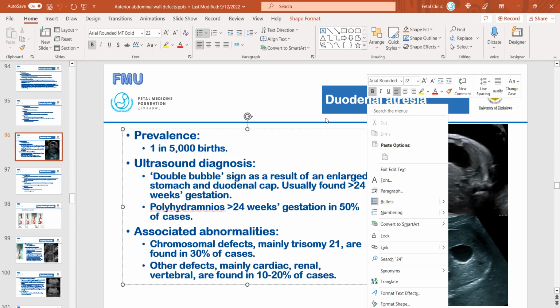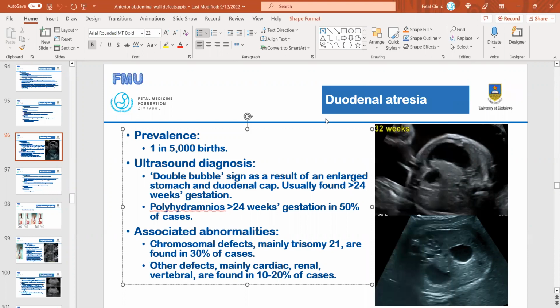Let me repeat what I said the other week. The Mpilo group of hospitals and the United Bulawayo Hospital do not have pediatric surgical units. So these babies should be delivered at Mpilo and Sally Mugabe if we are to give them a chance. Because if we deliver them at the wrong hospital, they are going to take 24 to 48 hours to be transferred to the right hospital where there are people who can operate on them, or they are going to be mismanaged